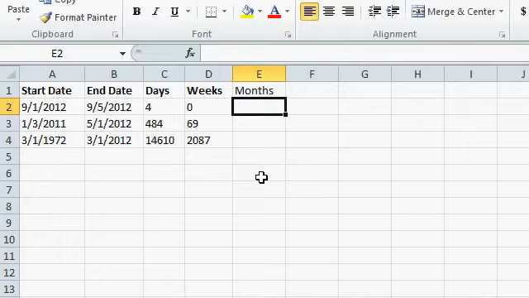There are other methods, and I cover the other methods in my full Excel Expert 2 class, which I'll talk about in a few minutes. But if you want a real simple, quick way to calculate the number of months or years between two dates, just use the DATEDIF function. And here's how it works. Equals DATEDIF,